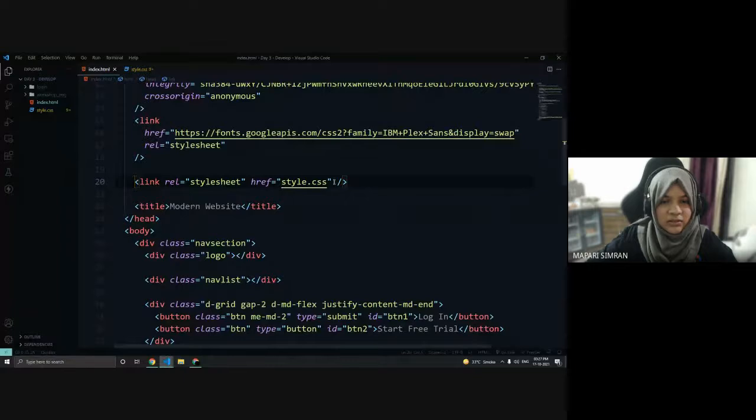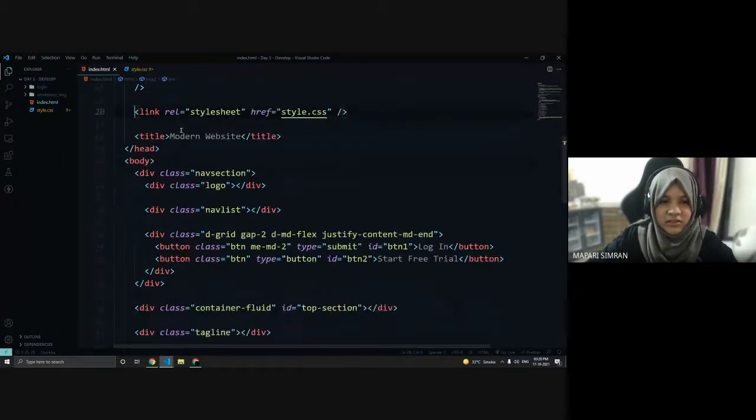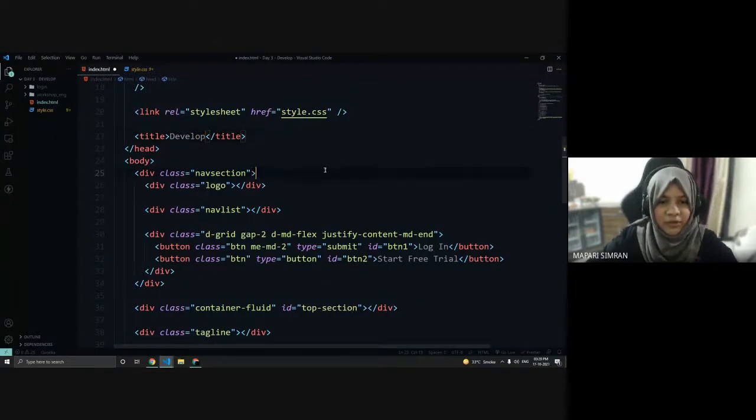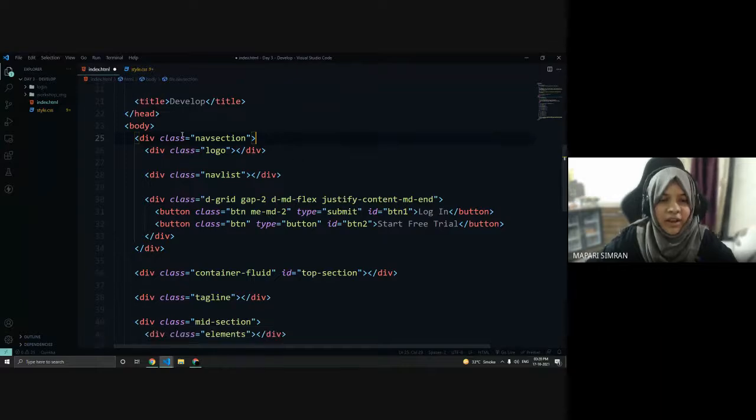And then for this external CSS, we have provided a link here, link rel stylesheet, and I've given the reference to style.css. And this is just a title, so let's give it develop. Now I have divided it into sections. So first we will be seeing the nav bar.